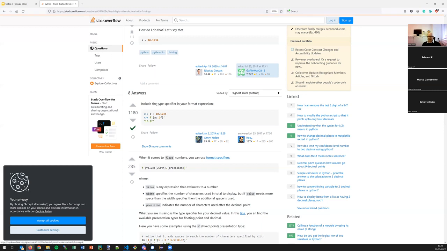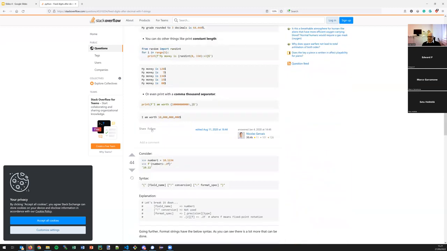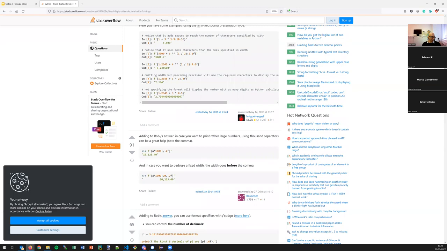And Stack Overflow is very often the place where you want to take a look after Googling it. There's always a lot of useful information to be found in it. Okay, I'm going to